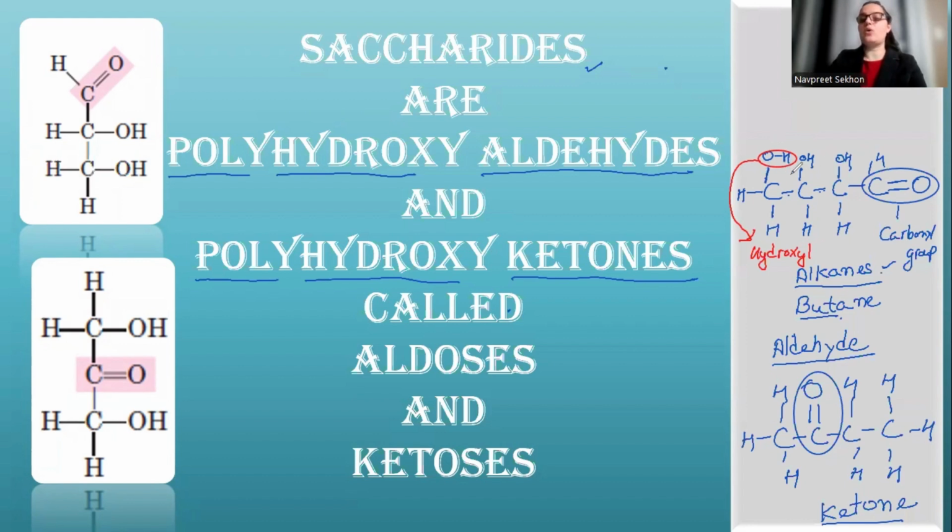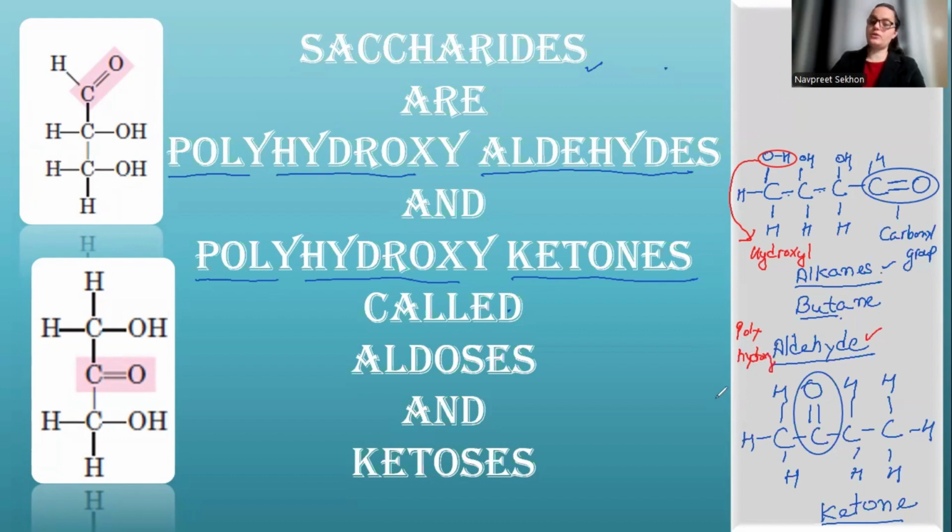So now, if you say this is aldehyde, right? One thing is very clear that this is aldehyde. Now, there are so many hydroxyl groups in this aldehyde. Because there is more than one hydroxyl group, each and every other carbon in that chain, apart from the carbonyl group, is satisfying one of its valencies with the help of a hydroxyl group. That's why this molecule now will be called polyhydroxyaldehyde, right?